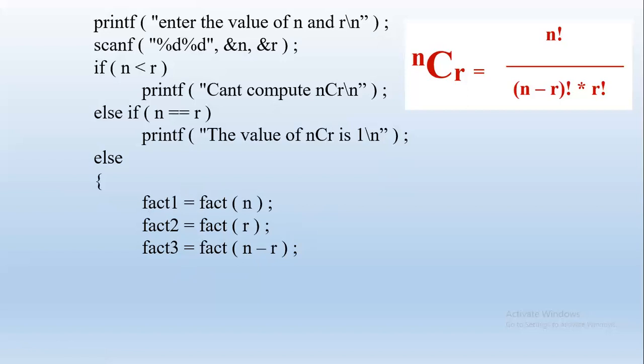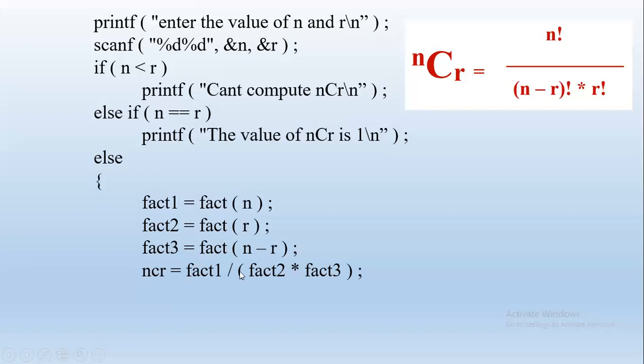So this is one of the advantages of using functions. Just 3 lines will perform the same execution as compared to the previous problem. There we had 9 or 10 lines of code which can be reduced to these 3 lines. So we got the values of n factorial, r factorial and n minus r factorial. Now we substitute that. So fact 1 is 5 factorial, 120. Fact 2 is r factorial, that is 3 factorial, 3 into 2 into 1, 6. Fact 3 is 5 minus 3, that is 2 factorial, 2 into 1 is 2.